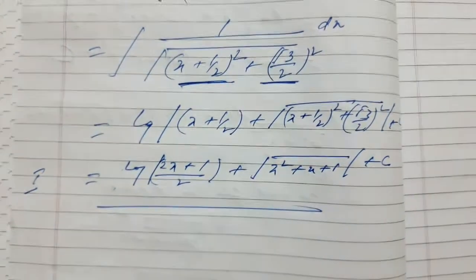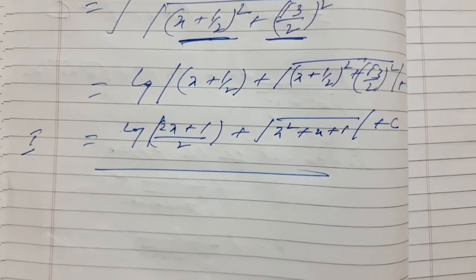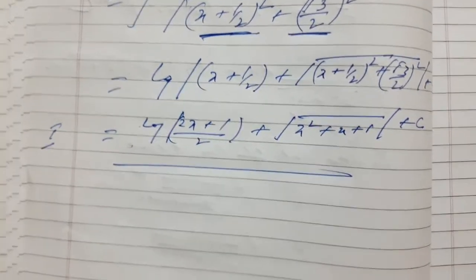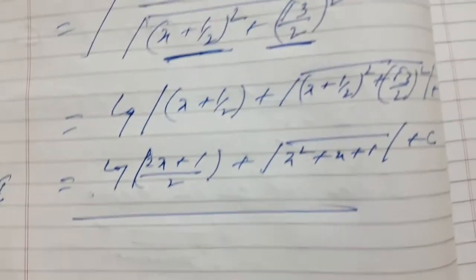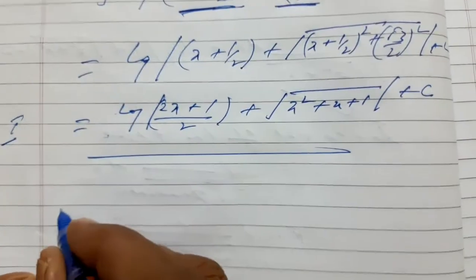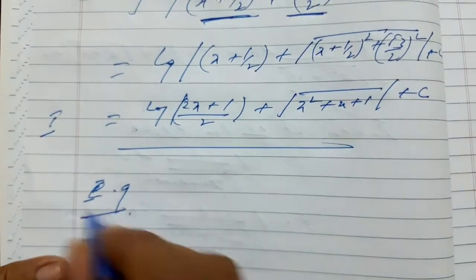So what is the basic thing which you have to go for with the model number, this integral of 1 upon root quadratic? You have to make the expression inside the root a perfect square inside the bracket. Whenever you see something like that, you have to use this. I am putting now a second example for you. This is example number 2.